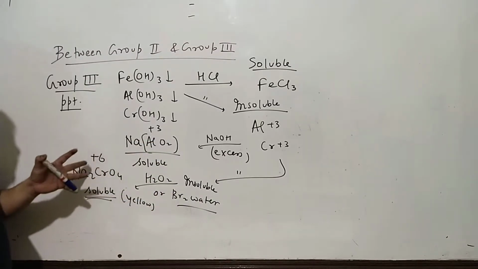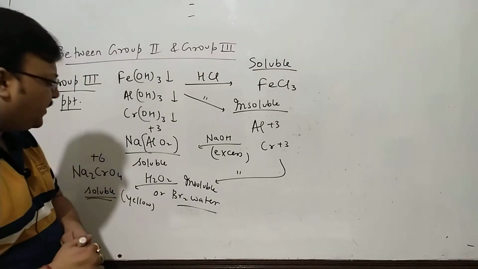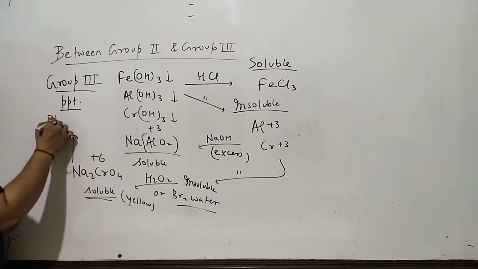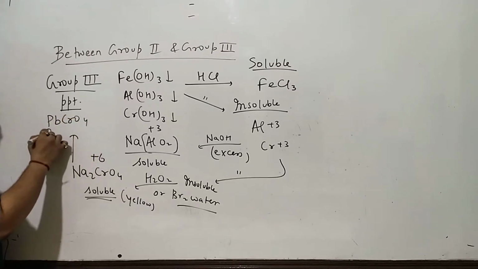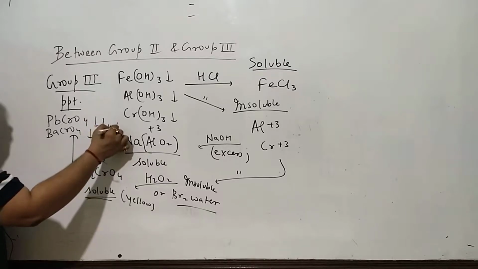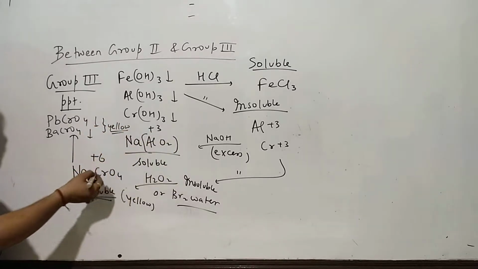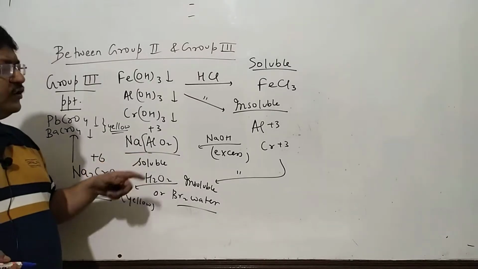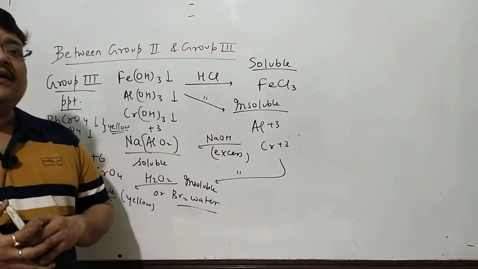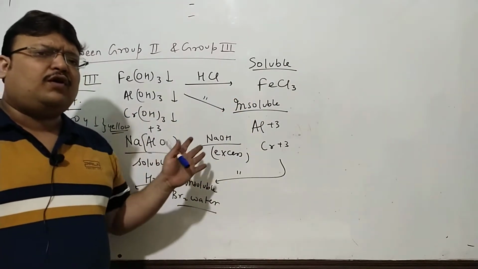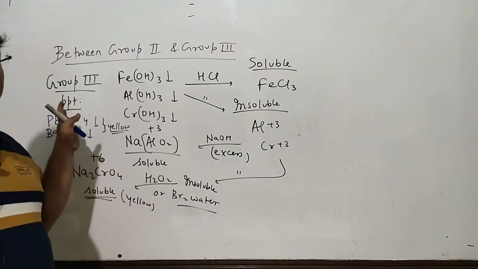Now this is soluble. You can get so many chromates as confirmatory precipitates. You know about lead chromate, you know about barium chromate, which are yellow precipitates. So that will be a confirmatory test of chromium. For aluminium, I told you the confirmatory test will be a dry test, and we'll want to talk about the confirmatory test of iron. So many of them, all of them equally important, but I think the entire sequence is understood.